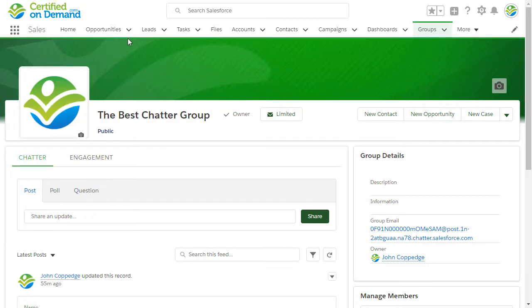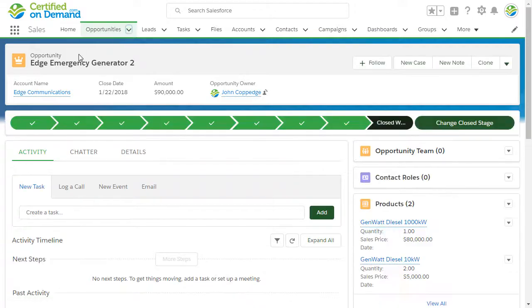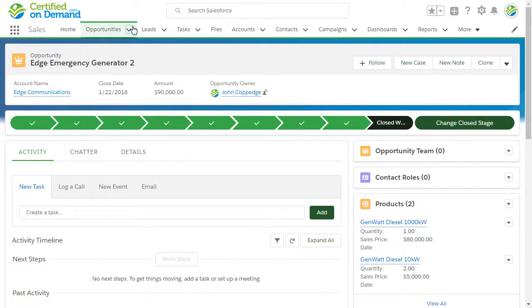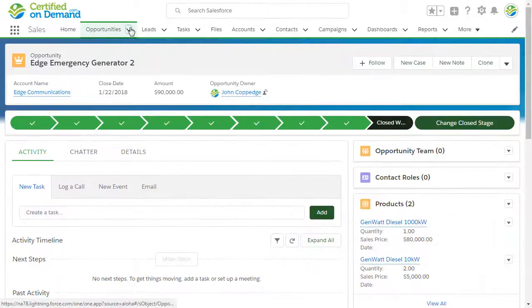And if we were to go into, let's say, an opportunity record, we also have the ability to control the background as well as the color scheme below this immediate header level background. As you can see, I'll zoom in a little bit here, the actual color scheme has been changed as well. So opportunities here has this sort of green overlay to it to match the branding that's set up on the theme. So a lot of great things that you can do with themes, and just to take a quick peek at the back end,